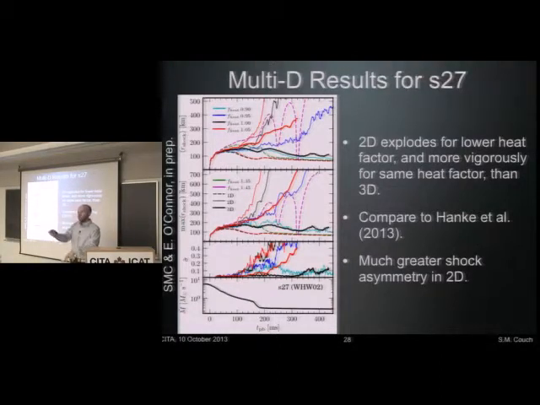And that's the value that we try to tune to match realistic transport. But you can turn this thing up, and you can get more heating so that you can drive explosions or more vigorous explosions. So what I'm saying here is that 2D explodes at lower heat factor. In fact, for a heat factor of 1.0, 2D explodes quite robustly, which is the black thin lines in the top plot, whereas 3D, for a heat factor of 1.0, fails to explode. And this is a 27 solar mass model, one that's also been looked at by a couple of other similar works in 3D, which is why we chose it. We also have a 15 solar mass model as well.